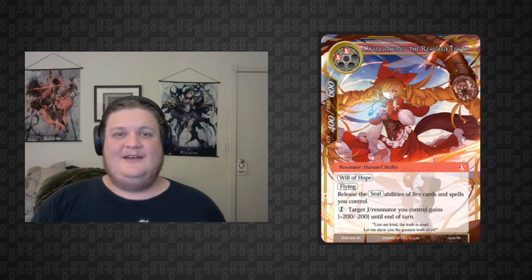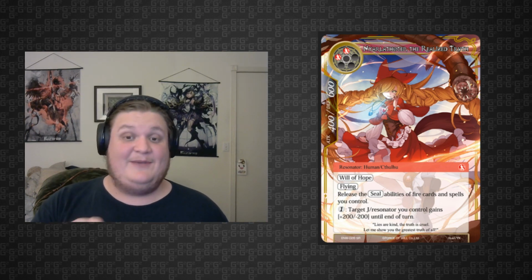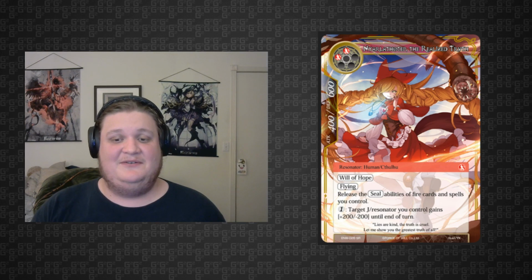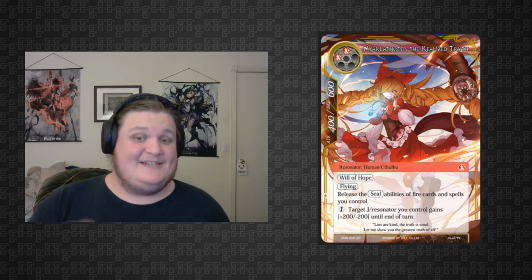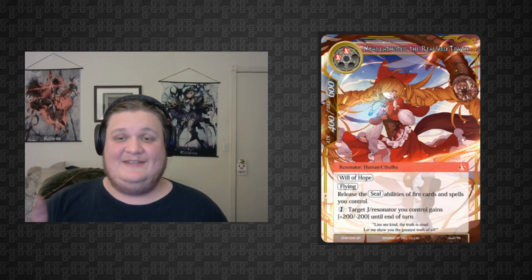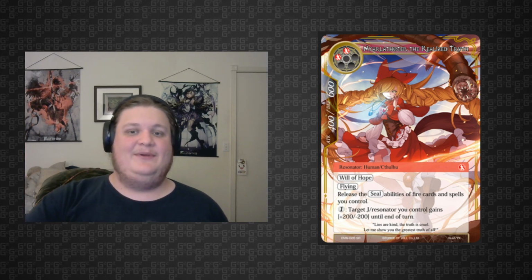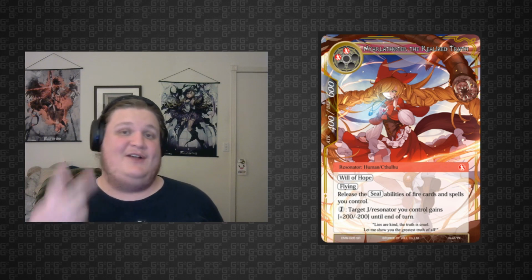But the power comes when you flip your J Ruler, because this suddenly becomes 1 will, target J Resonator you control gains plus 400 plus 0 until end of turn. Because remember, minuses are negated, pluses are increased. Doubled. So this becomes monstrous. Like, for 1 will, even if you only have Nyarlathotep. Say you play her on turn 2,